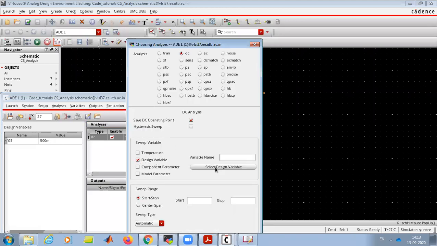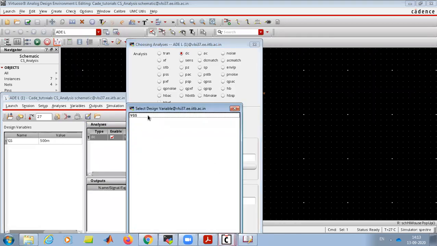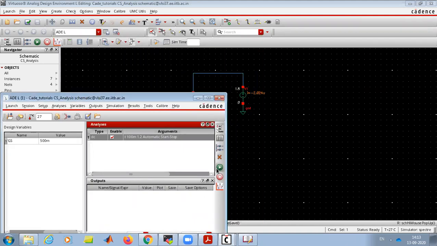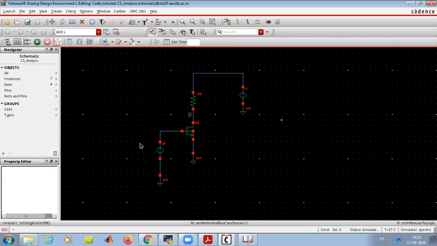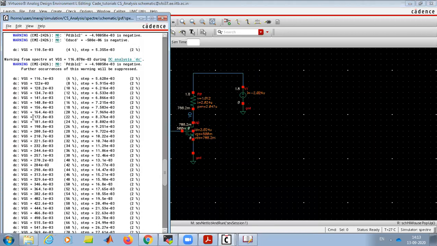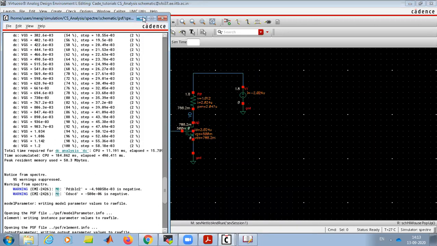We can sweep the design variable from, suppose, 0.1 volts to, let's assume, 1.2. What it will do is something similar to parametric. You can see that for different VGS, it was simulated.